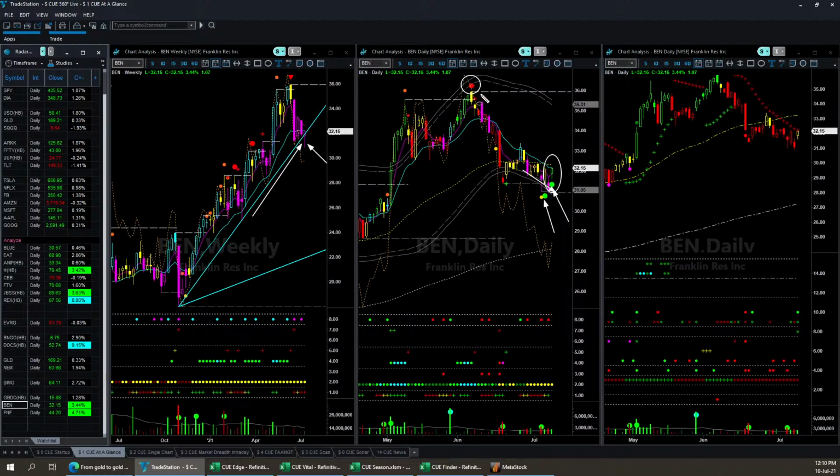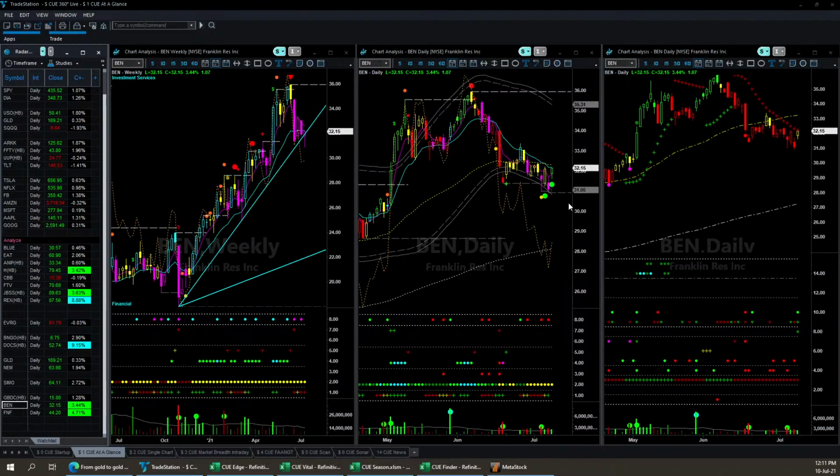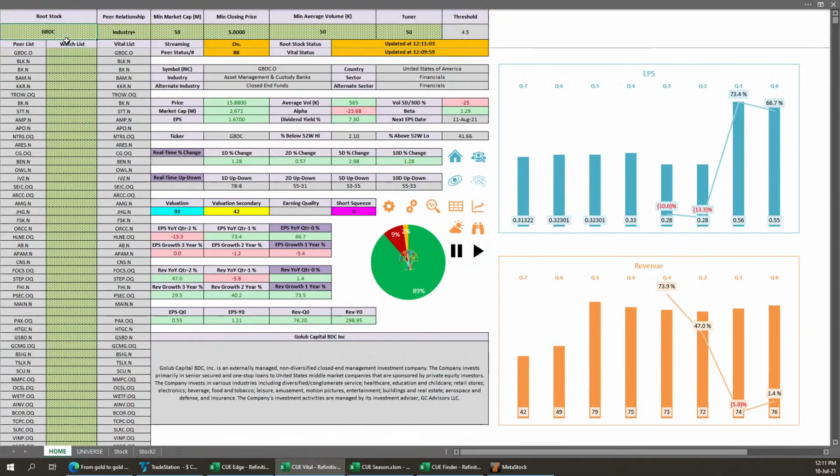Interestingly, the bearish headwind at the top, which came in daily, weekly both, led to a severe price drop. And now I am using the headwind trend in the long direction. It is in fact confirming a headwind reversal long setup on Friday if you apply the checklist and see its fundamentals. If you like GBDC, you'll like Ben also. Let's look at Ben